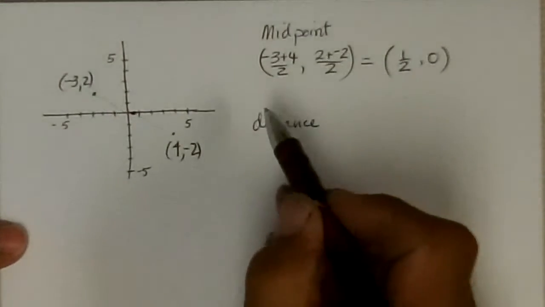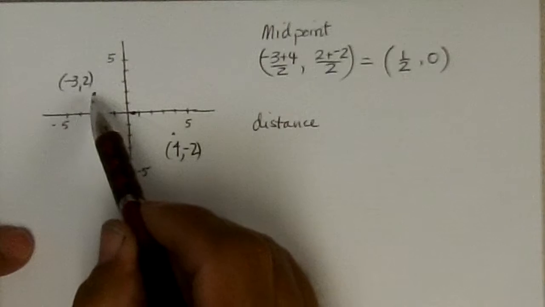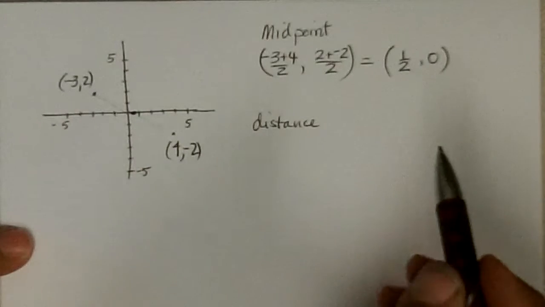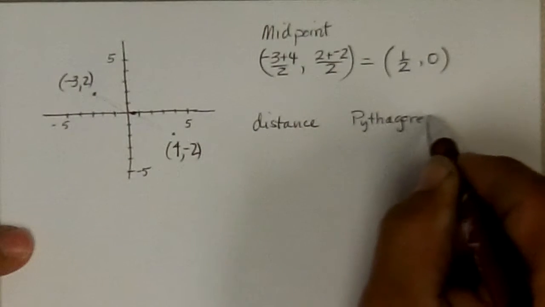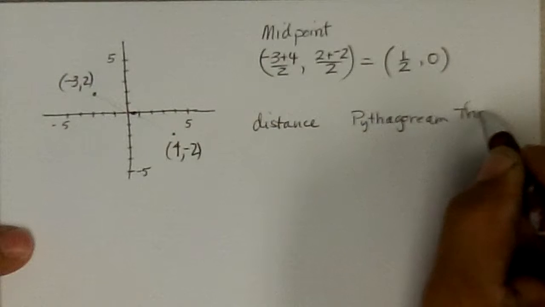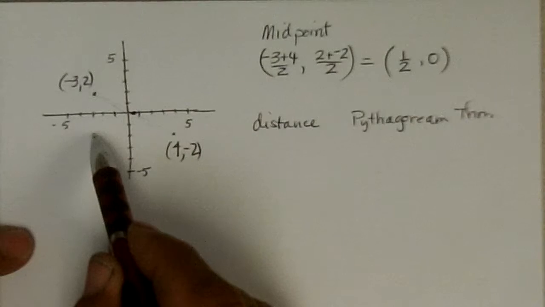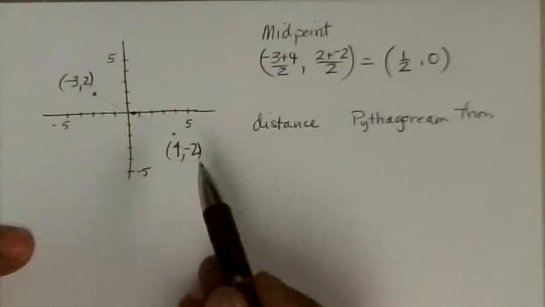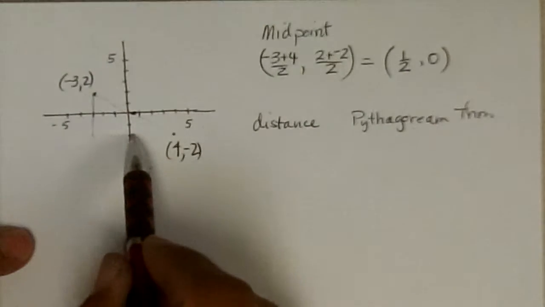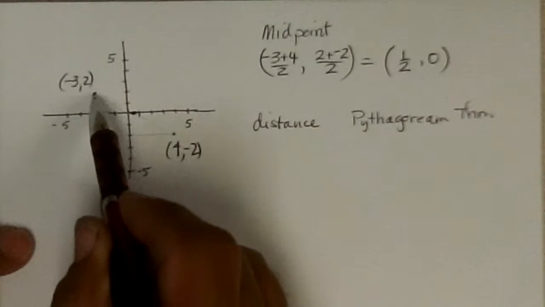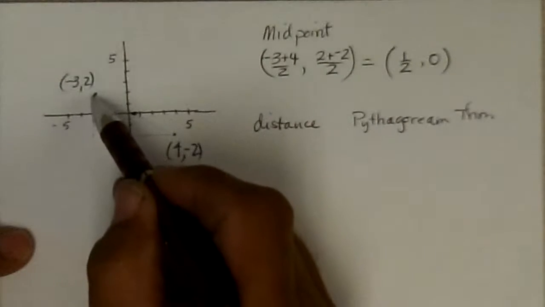Now, what if I needed to know the distance between these 2 points? Well, then I would use the Pythagorean theorem. Which says that the legs of a right triangle squared, the lengths of the legs squared and added, will equal the hypotenuse squared. So I will make a right triangle from one point to the other by going straight up or down and then over to wherever I need to go, and look at how long this